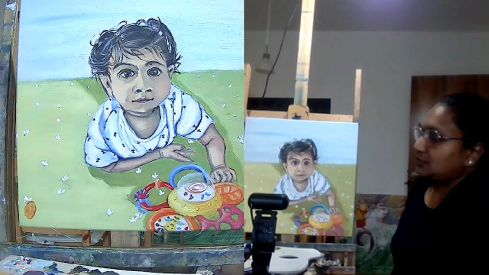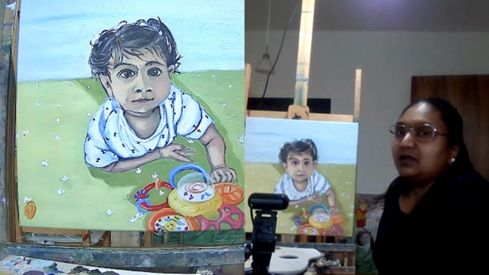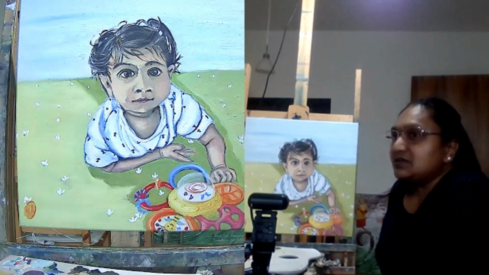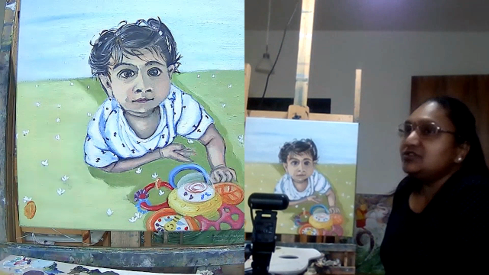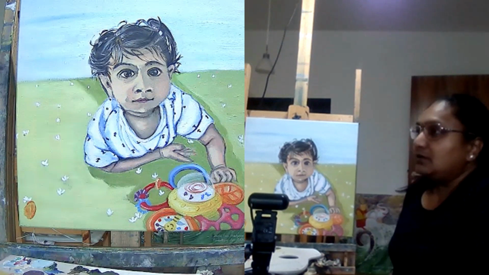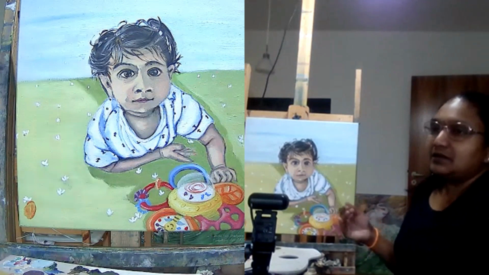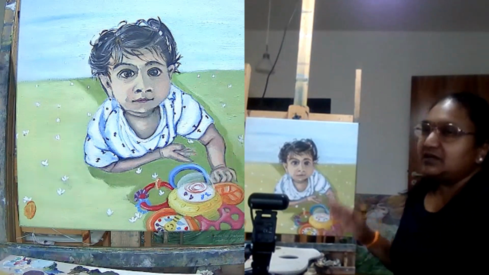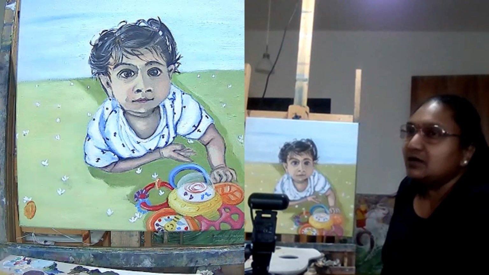And after doing that, we started the second layer, which is called blocking. Blocking essentially was the logic where we try to do light and dark at a basic level using a monotone. For example, I had used a brown color and a little bit of white mixed wherever needed to show the light, and the darker brown color to show the dark. So that's what we did in the second layer.